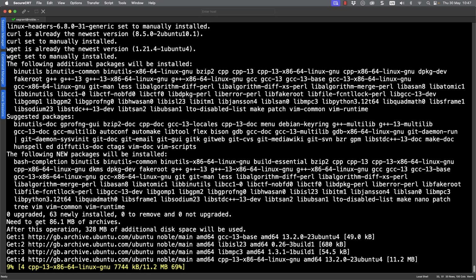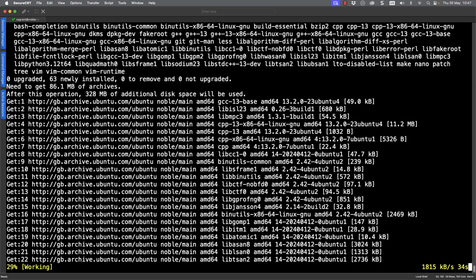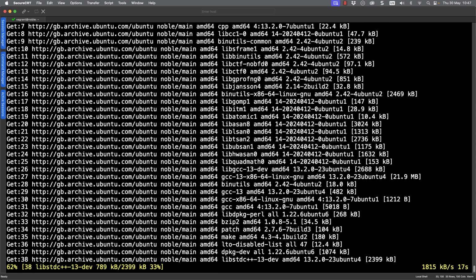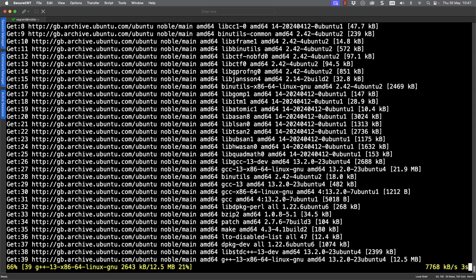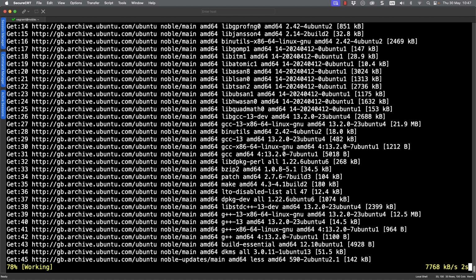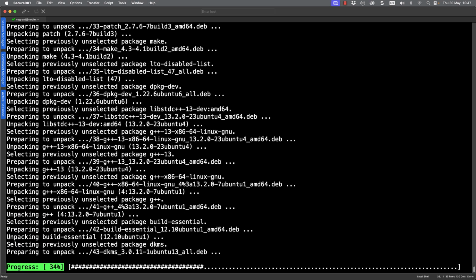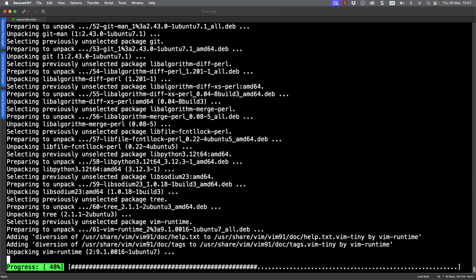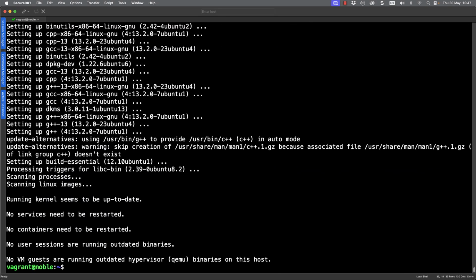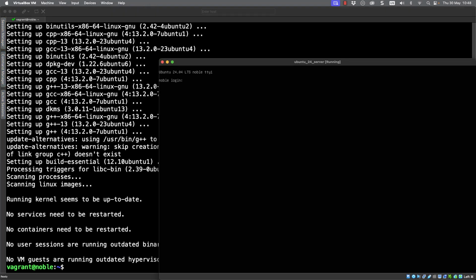The build-essential and the dynamic kernel modules are going to be useful for us when we put in our VirtualBox Guest Additions to make sure that things like our copy and paste will work. Things like our mapping of our host directory through to directories on our system. So even though we're not using a graphical environment, it's still going to be useful to have our VirtualBox Guest Additions. Once the installation then has completed, we can move on to the next step.